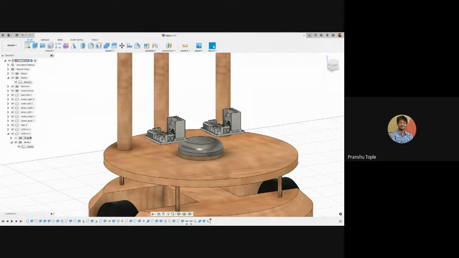So now you can delete this existing copy, and there will be a separate body generated outside. So now you can make it visible.